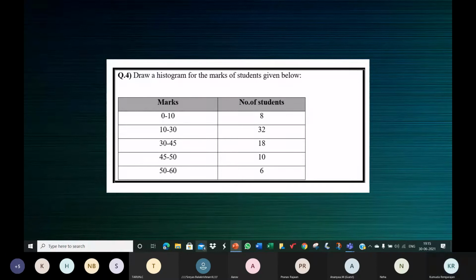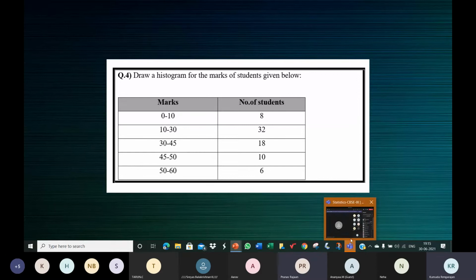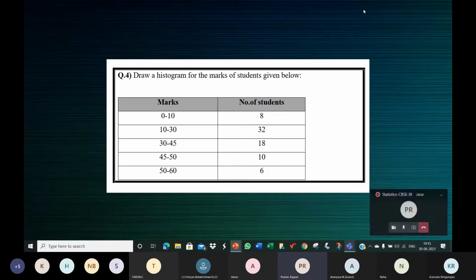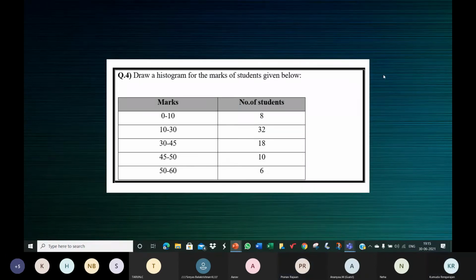Yes, children, please do it. Ma'am, do we need to send a pic of this graph? I'll tell you. We have some new students in the class. You start preparing the graph. Should we only arrange the data or also do the bar graph, ma'am?